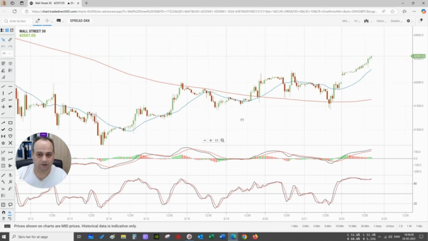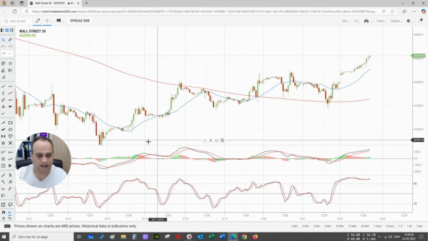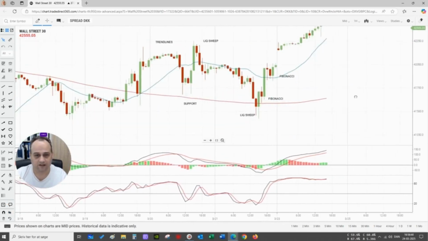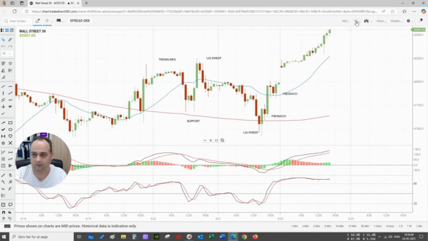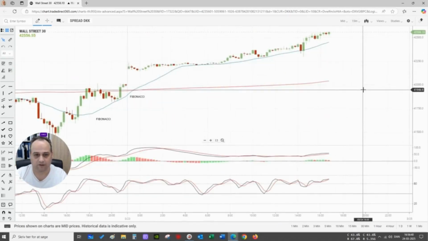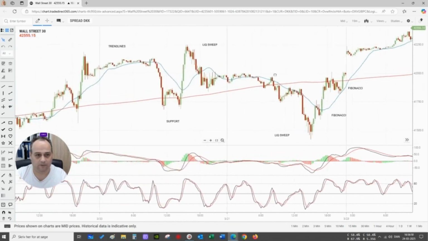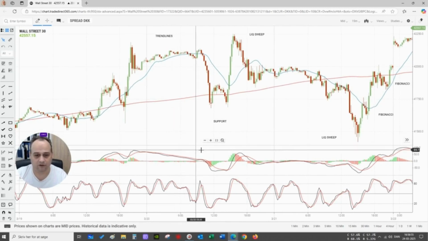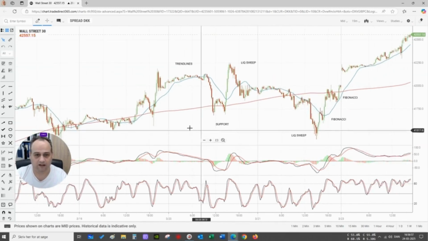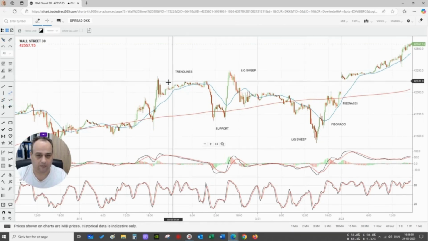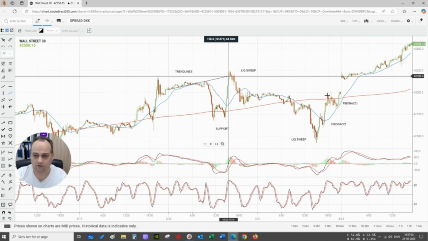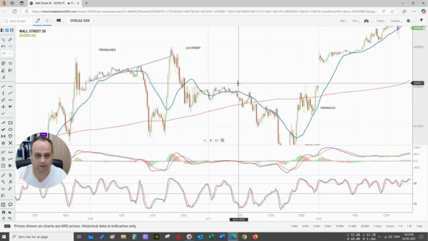Alright, so in the second segment we will talk about what we can add more. And if I do like this, now you can see we actually have some examples that I put in here for us. I will go back to the 15-minute chart again because this is really good. Here we go. So one of the very key simple things you can use on a 15-minute chart is actually the trend lines. If I put a trend line on the lower points here from this trend over here, I will try and zoom in so you guys can see a little bit better.